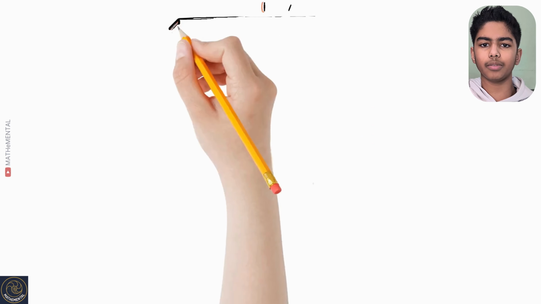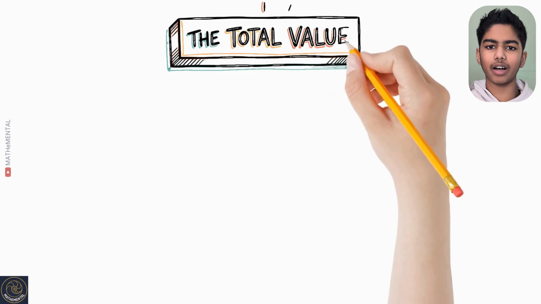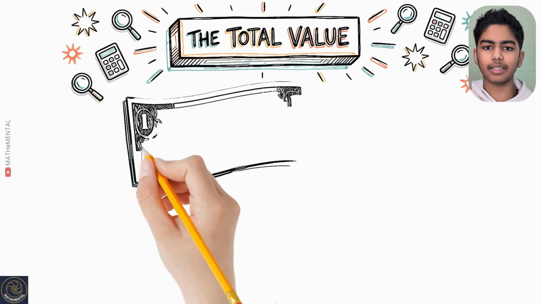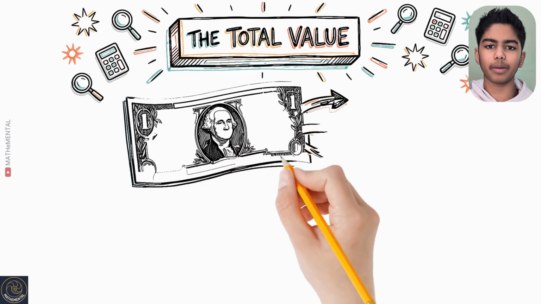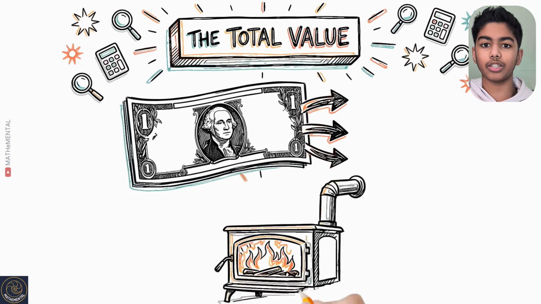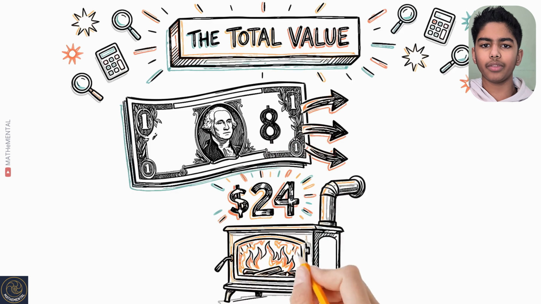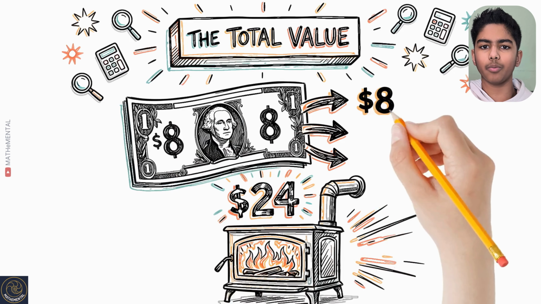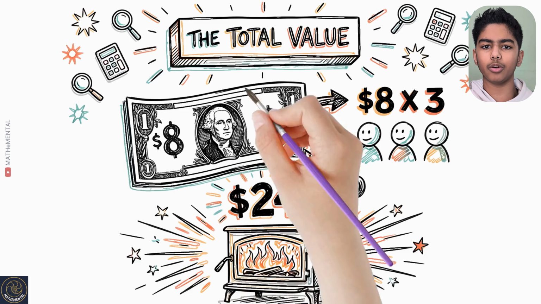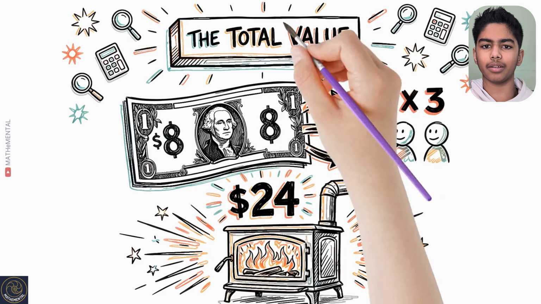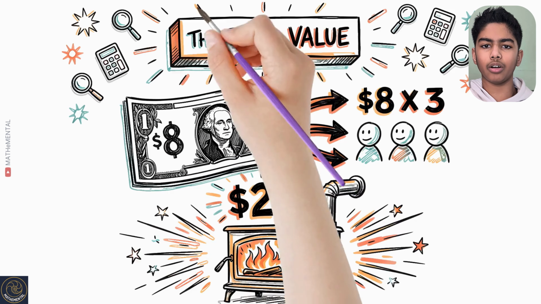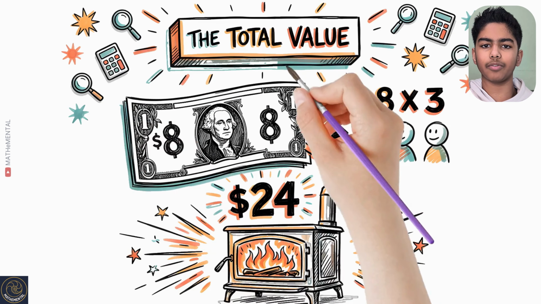How is that possible? Here is the massive aha moment. The trap everyone falls into is assuming that Z's $8 magically paid for all 8 logs. But she did not buy all the wood. She only paid for her own personal 1/3 share of the heat. If one person's equal portion of the fire is worth $8, we just multiply that by the 3 friends in the cabin. Boom. That means the true total value of the fire they all enjoyed together is actually $24.